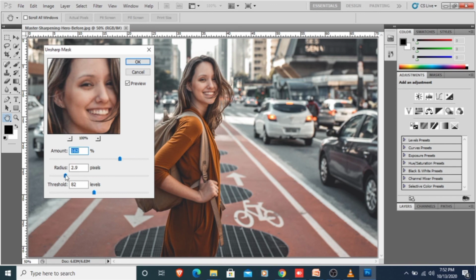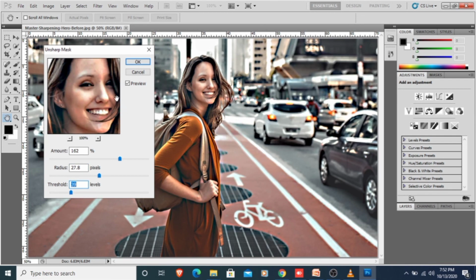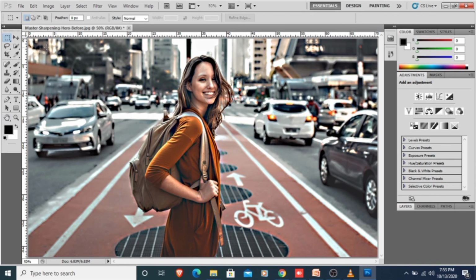You can also increase the radius, and you can also increase or decrease the threshold. Here you can see your image gets sharper than the earlier one, and you just have to click on the OK option.